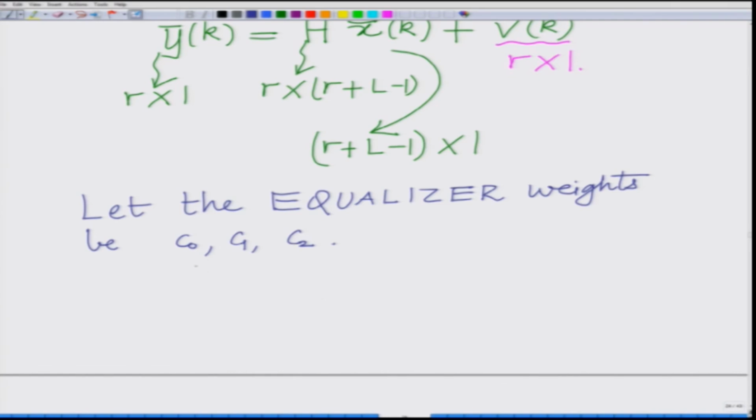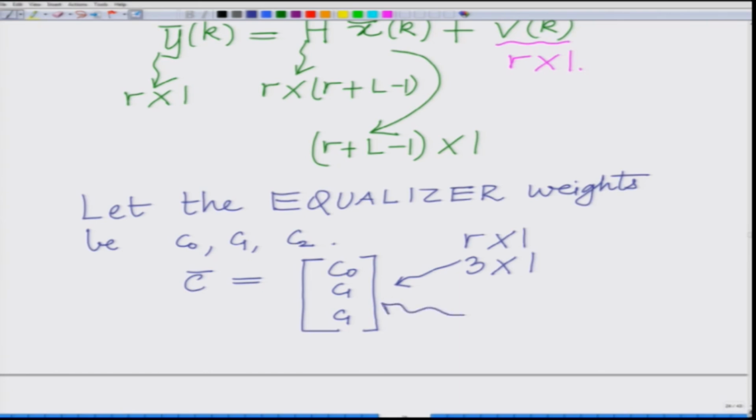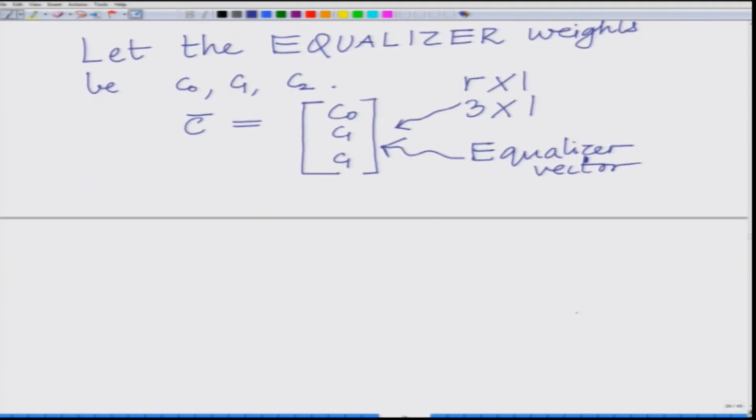Therefore, now you can denote this equalizer by C bar, which is C0, C1, C2. Remember, observe this, this is an R cross 1 vector, or basically a 3 cross 1 vector. This is the equalizer. Also, we can call this the equalizer vector, and our equalizer therefore is now given as